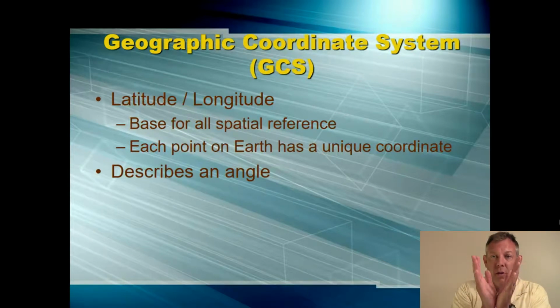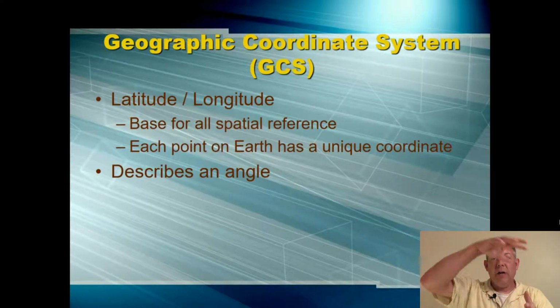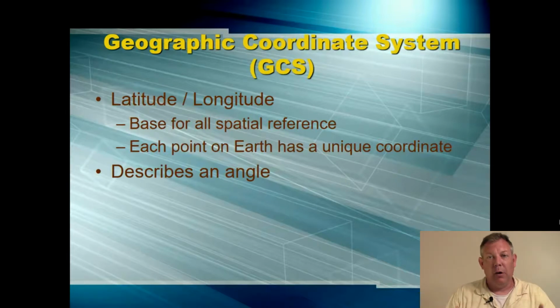And angles are reported in degrees. And we do things in angles because we're looking at a sphere, more or less. The Earth as a globe. And so anytime you work with circles or spheres, you have to talk about angles. So all GCS coordinates are reported in angles because they describe an angle